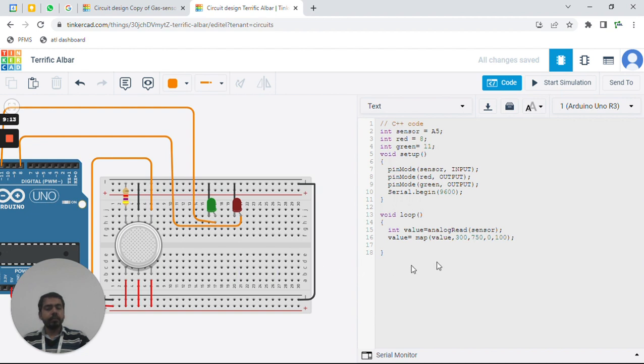The value which Arduino reads lies between 300 and 750, and the value desired by us is between 0 and 100. To convert the value to this range, we have used the map function. This is the format of the map function: map the value or the data you want to map.